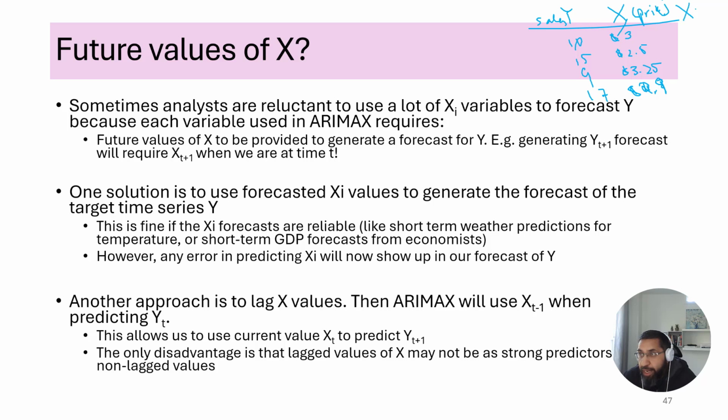You lag X by one time period. You calculate X t minus 1. So for the first time period, there's no previous value, so this is just blank. But for this time period, you use the value of 3. So this 3 comes here, this 2.5 goes here, this 3.25 goes here. And then what about the next time period? This is what we have to forecast. What's going to be the sales in the next time period? I don't know the price, but my lagged price, xt minus 1, is 2.9. So now I run my algorithm on this data